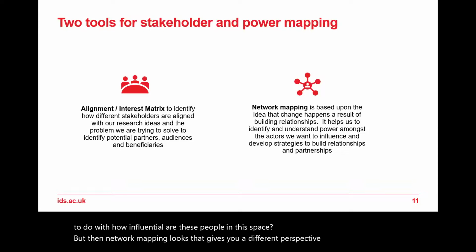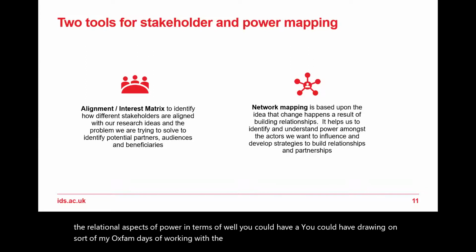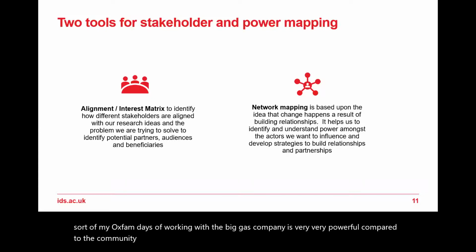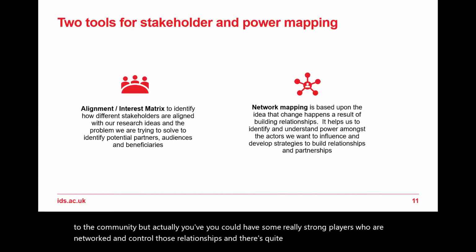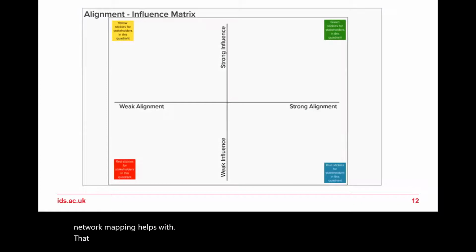It looks at the relational aspect of power. Drawing on my Oxfam days of working with the big gas company, it is very, very powerful compared to the community. But actually, you could have some really strong players who are networked and control those relationships, and there's quite a lot of power there. So the network mapping helps with that insight. So this is the alignment influence matrix, and this is the interface that you're going to see in